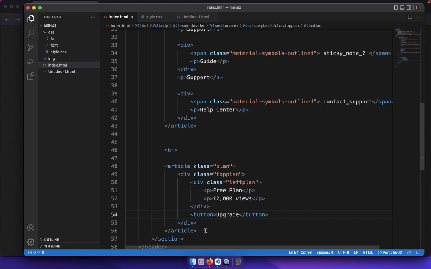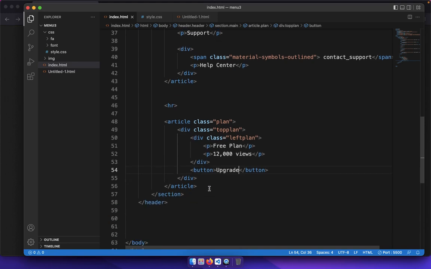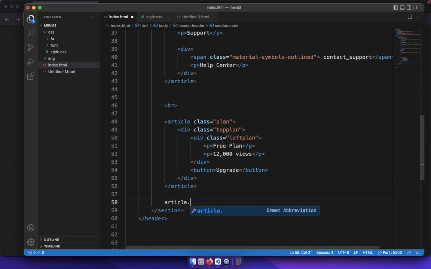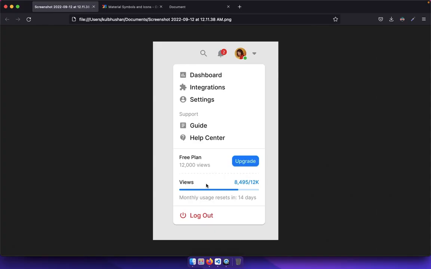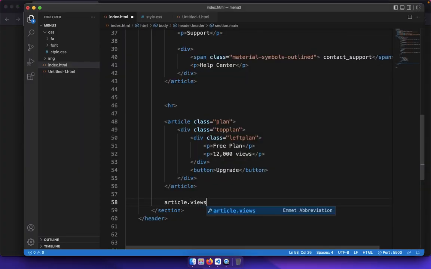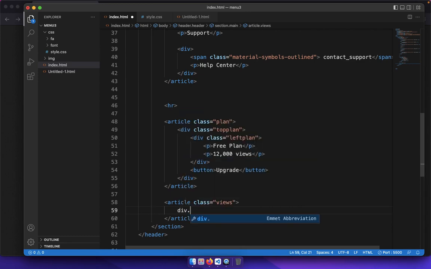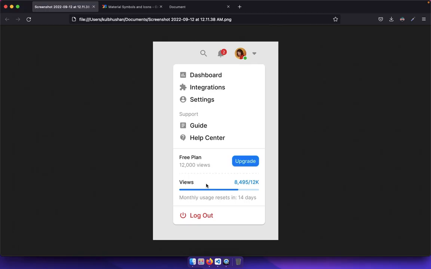Now within this article plan, I am going to create a new article. Yes, article, call it, what is this thing? It's views. Within this, let's create a div, views top. What we have over here, a p element that says views,